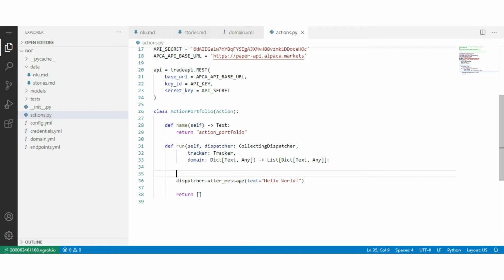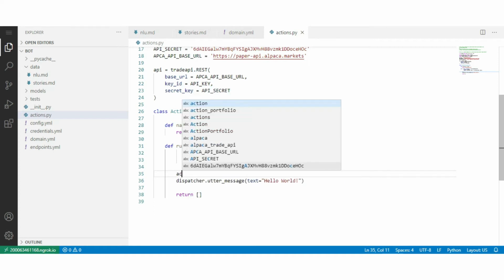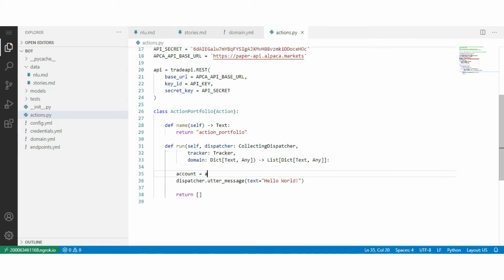Now move to the run function, where we first call get account. Now let's check whether the account is blocked from trading or not.